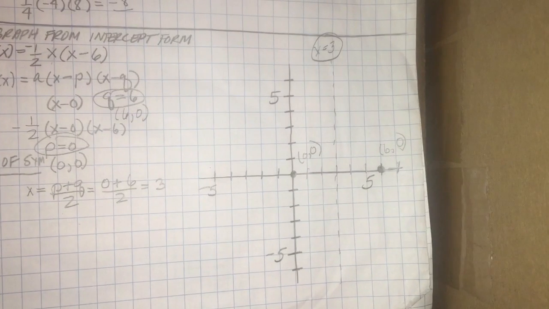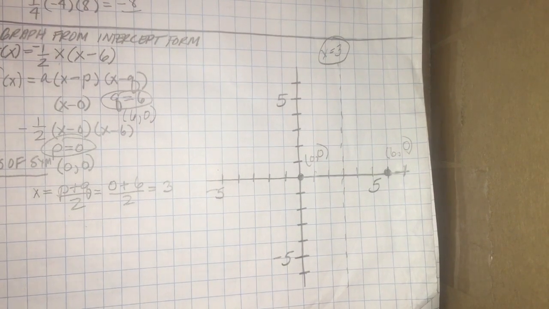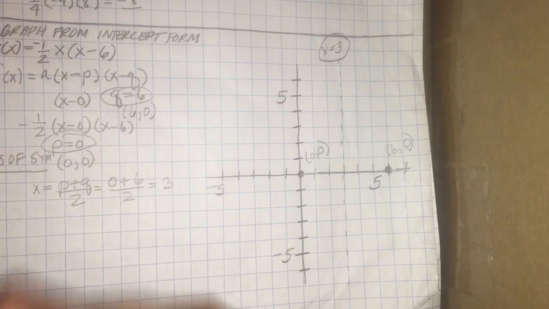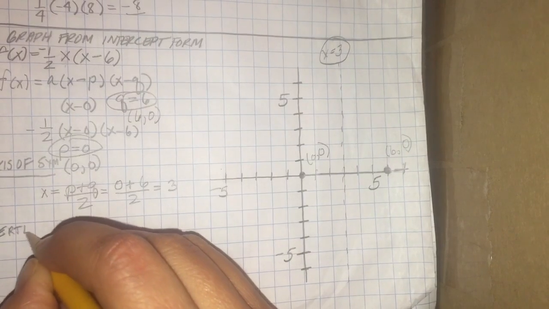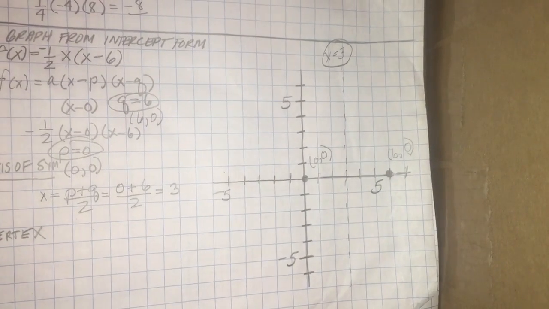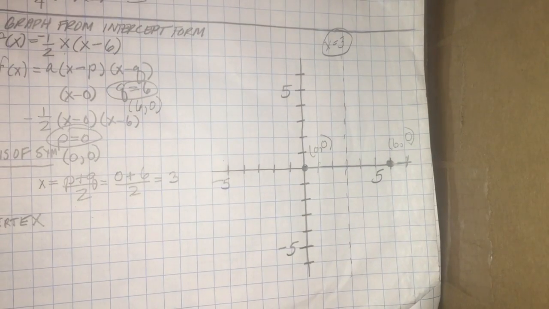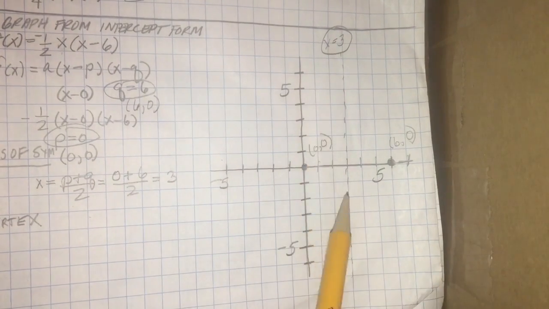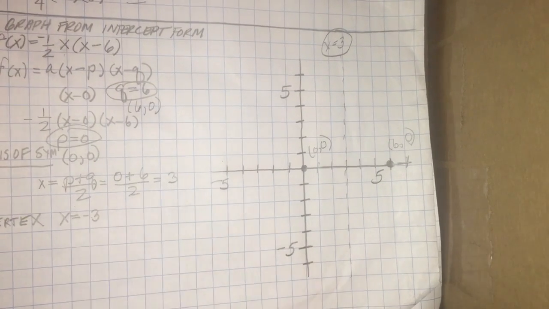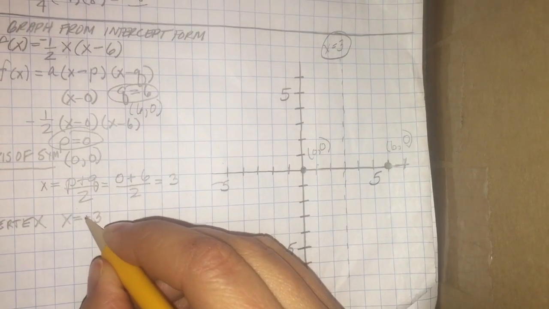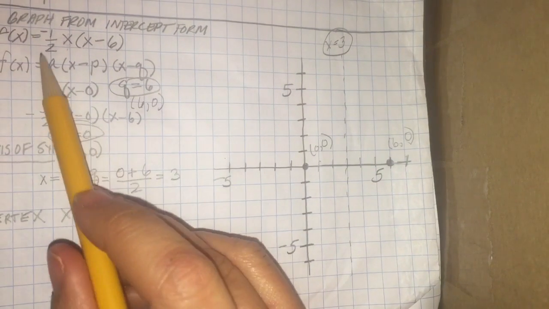So that is my axis of symmetry. That is the line that divides my parabola into two equal halves. It runs right through the center. And remember from our previous example, we also know that the axis of symmetry contains the vertex. So I'm now going to find the coordinates of the vertex. Well, I know the vertex lies on the axis of symmetry, so my vertex must have an x-coordinate of positive 3. So what I'm going to do to find the y-coordinate of my vertex is use my